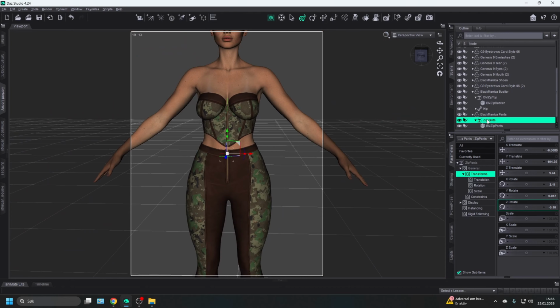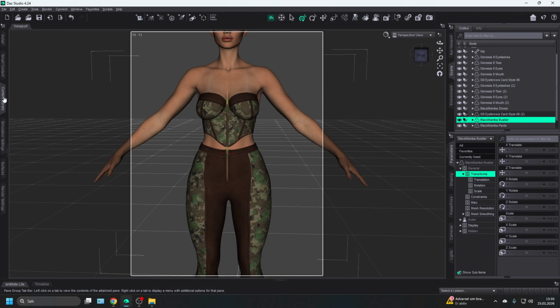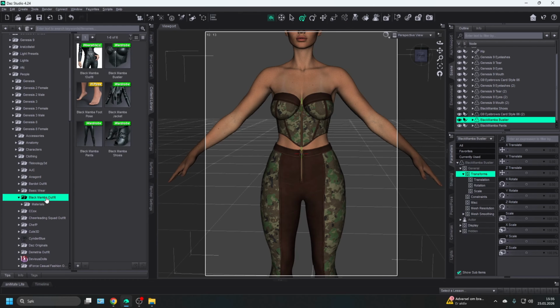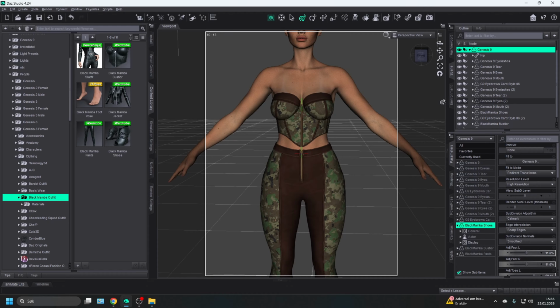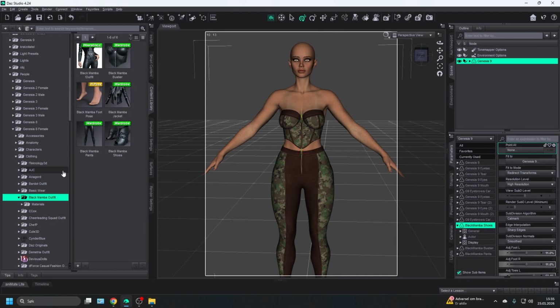But to get the clothing on, you might wonder. That is pretty simple to get. So the one that I'm using here is the Black Mamba outfit. This is for Genesis 8, and to get this on a Genesis 9 character, you don't need a bunch of scripts and whatnot just to get them on. All you do is you press the